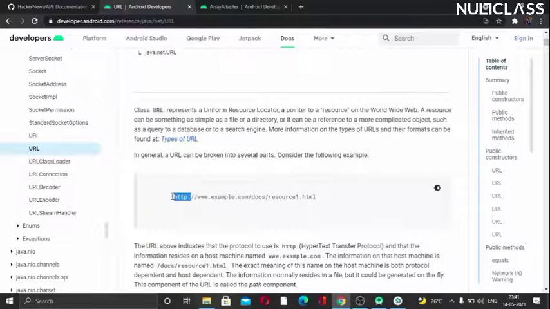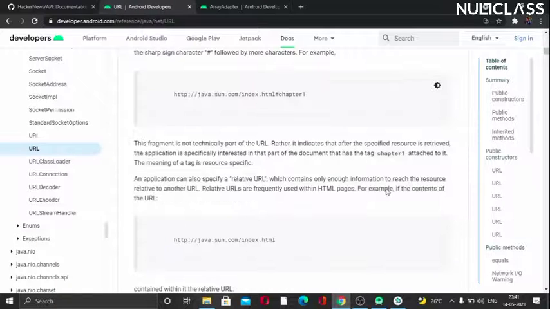The first part is the hypertext transfer protocol, we know that, and then the host machine where the information resides. This one will declare the host, whose site this is. Then this is the inside folder which it is pointing at. The information on the host machine is named this. So this is the location where it is pointing. We will be using this in our code. So this is just an example.